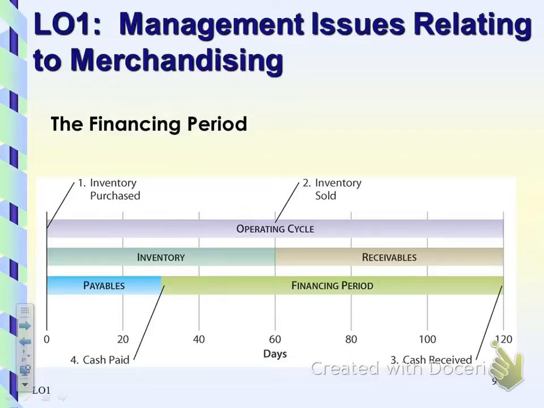A lot of times on your company's financial statements, if you go into the footnotes and look at what that short-term debt is, you might see something that says short-term line of credit, line of credit, or inventory line, something like that, and that's really relating to this whole operating cycle.